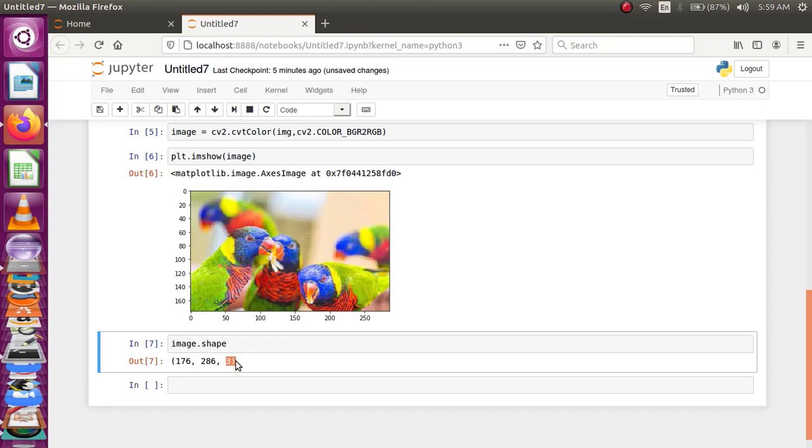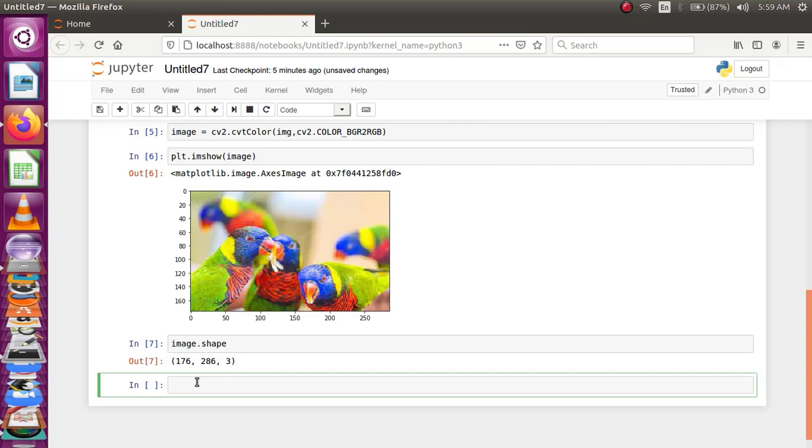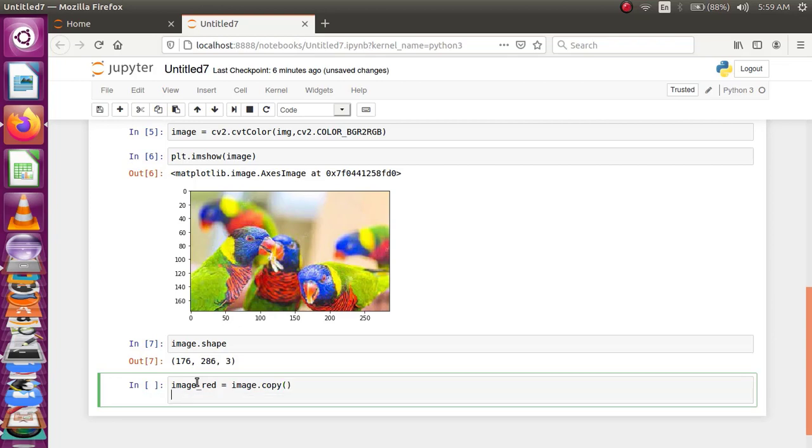So I am making a copy for the red channel. image_red is equal to image.copy. So this is again the same image, and I am copying it under red. But now what I am trying to do is plot only the red channel information. Where will the red channel information be? It will be in this part.